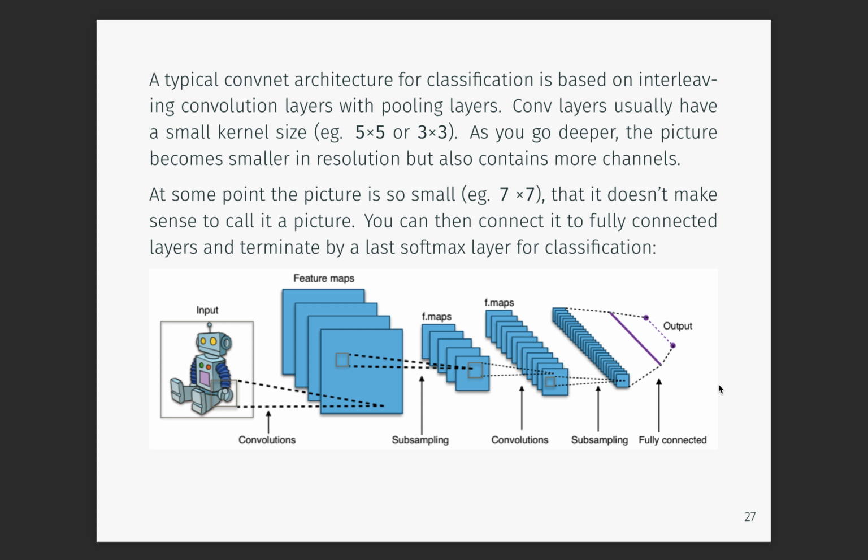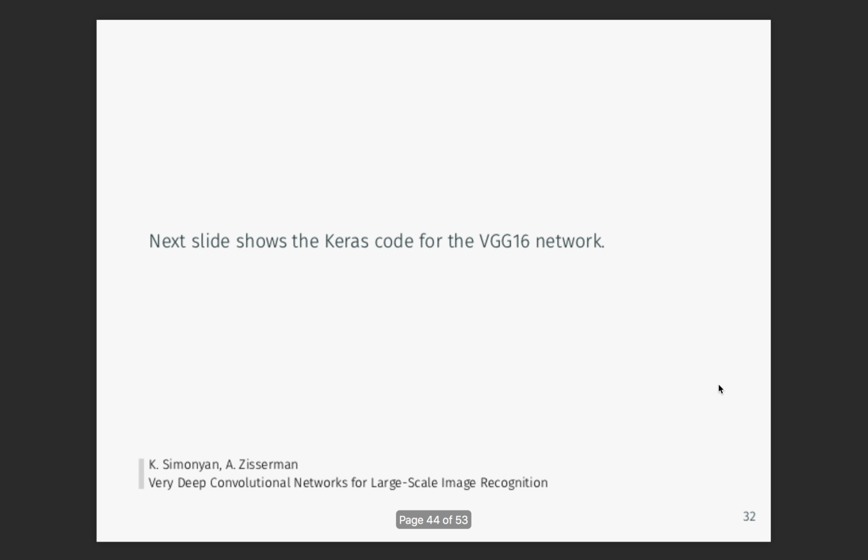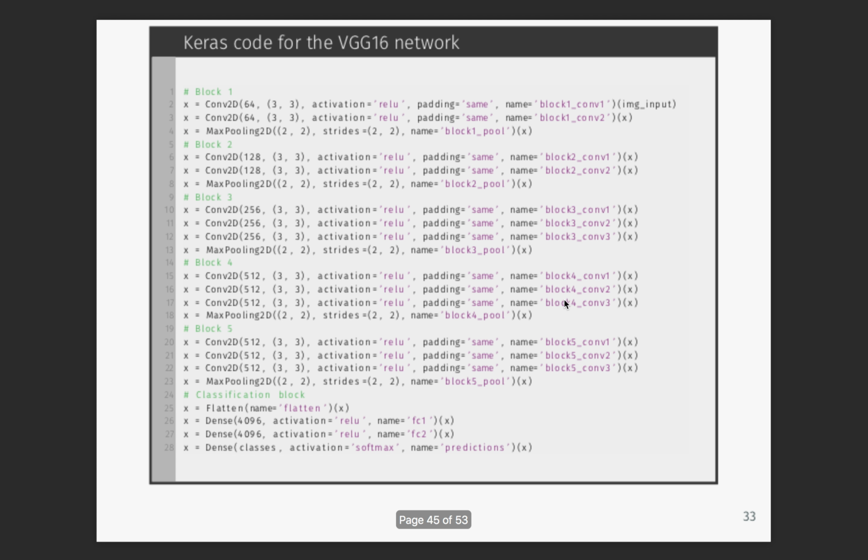So I'll just show you one example. This is called the VGG16 network, and I'll come back to that, but I just want to show you what the code of this network looks like in Keras. So you start at the beginning here, and you have 2 convolutions back to back, where you create images with 64 channels, and you see the kernel size you use is quite small. So you do small convolutions using a small neighborhood of 3 by 3,